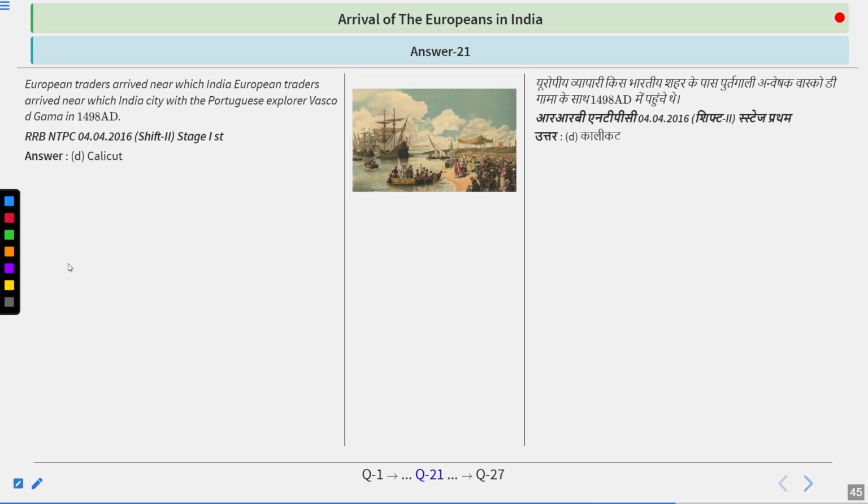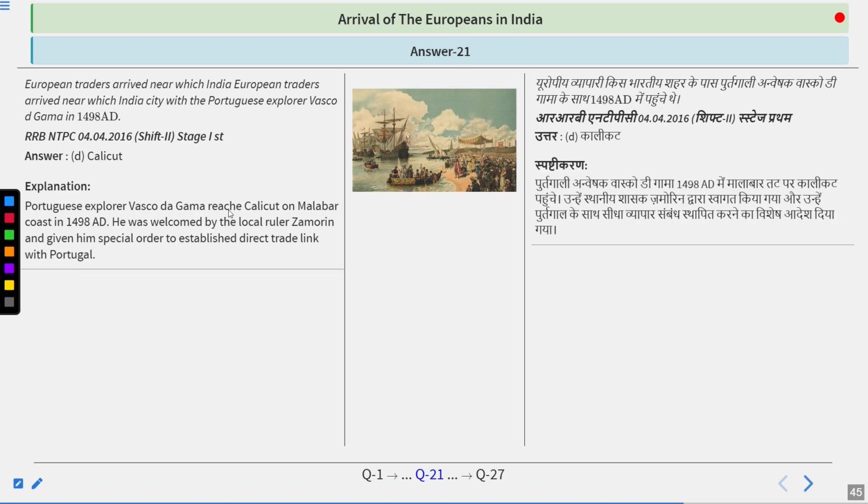And you're right. The answer is Calicut, not Calcutta. Remember, Portuguese explorer Vasco da Gama reached Calicut on the Malabar coast in 1498. He was welcomed by the local ruler Zamorin and given a special order to establish a direct trade link with the Portuguese. So the answer is Calicut. Vasco da Gama came to India in 1498 along with Ibn Majid, a particular Gujarati trader, and with him he reached the shores of